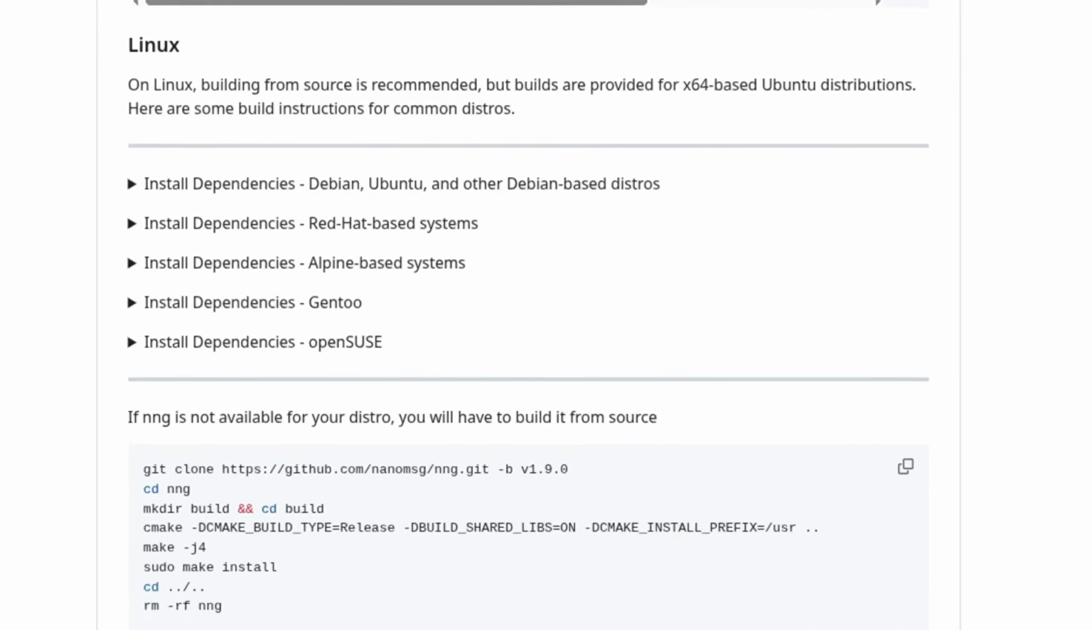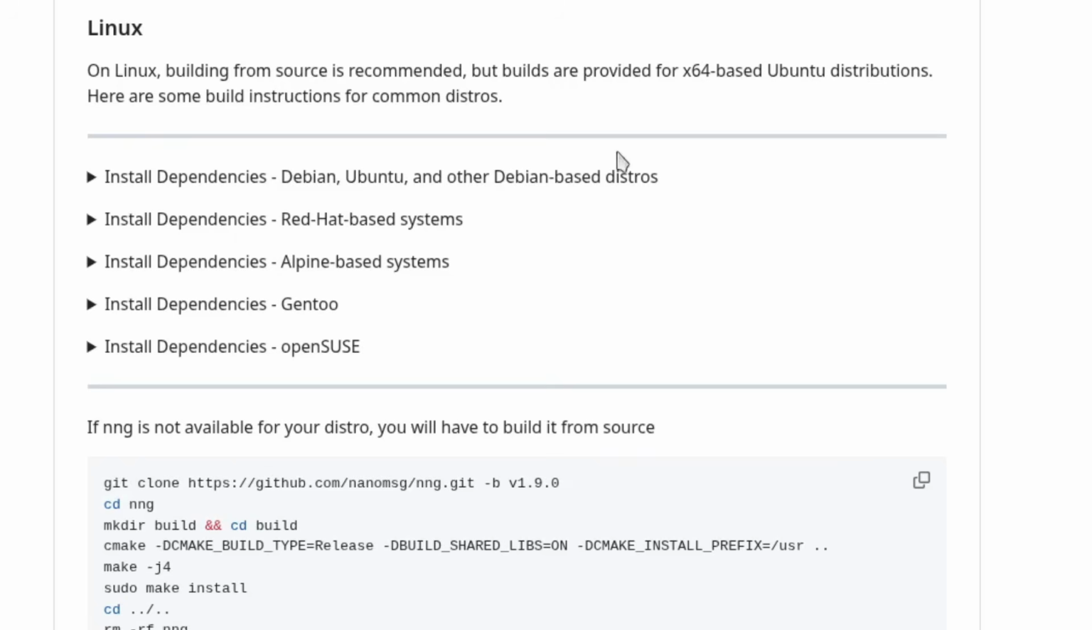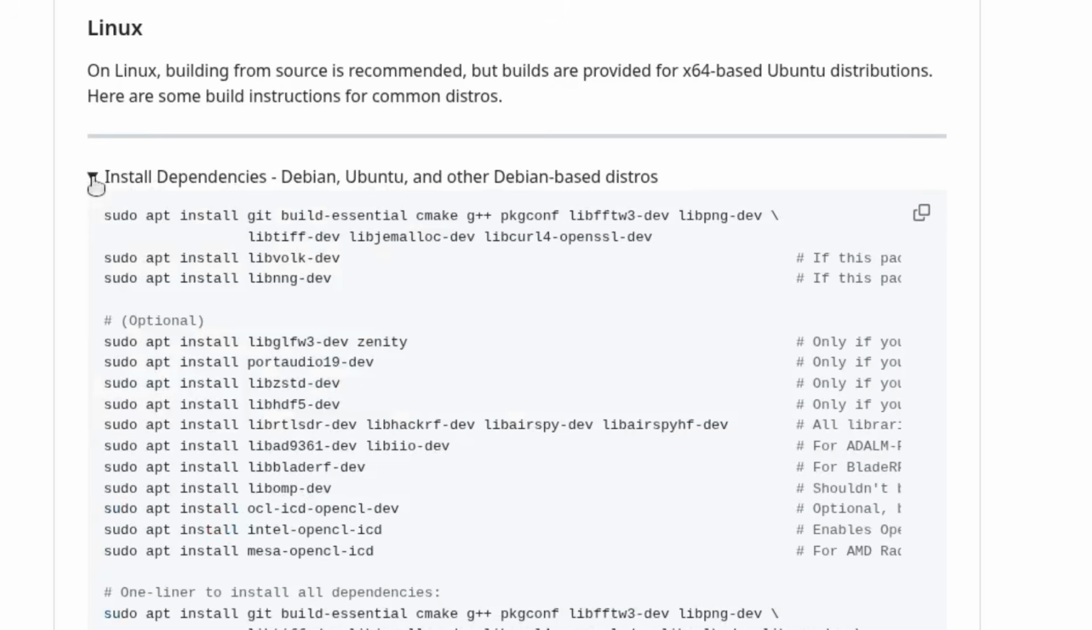And they have this broken down here for different OSs. I'm going to be looking at the Debian based one, which is Ubuntu, Mint, Pop! OS, many of those. If you're running Red Hat, you've got instructions there, Alpine, Gentoo, OpenSUSE. But we're going to be looking at Debian. So I'm going to hit the little arrow there to expand that. And they give you individual